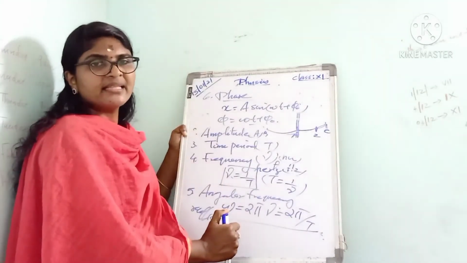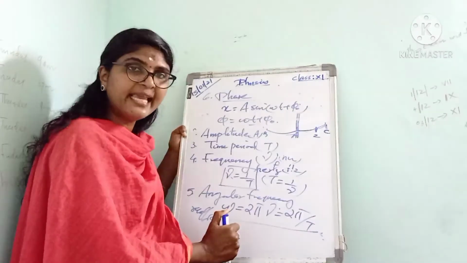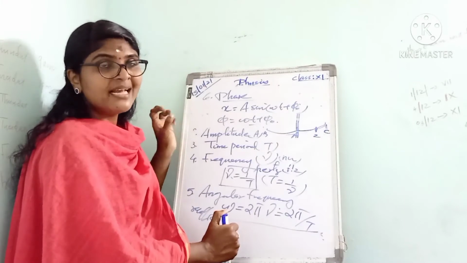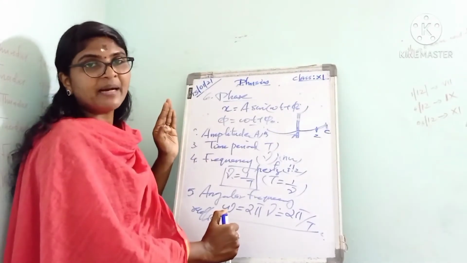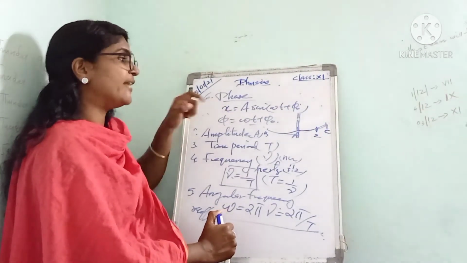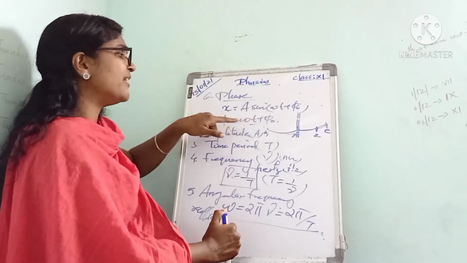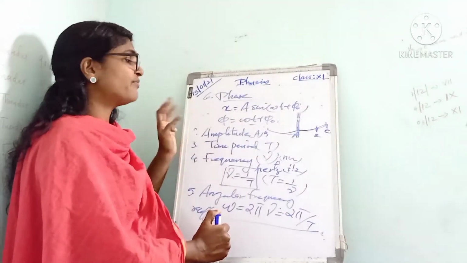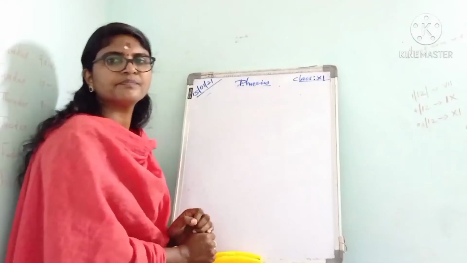Listen to it. Actually, the phase of a vibrating particle at any instant gives what? The state or position of that particle at that instant. Generally the displacement of a vibrating particle in simple harmonic motion can be represented as x equal to a sine(omega t plus phi 0), where omega t plus phi 0 represents the phase of the particle, phi. So phi, the phase of the particle, can be written as omega t plus phi 0.